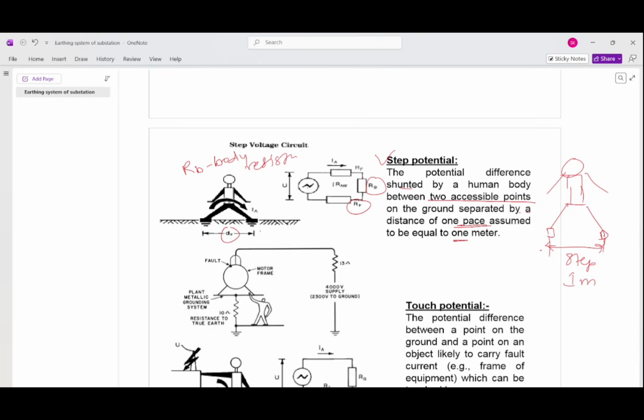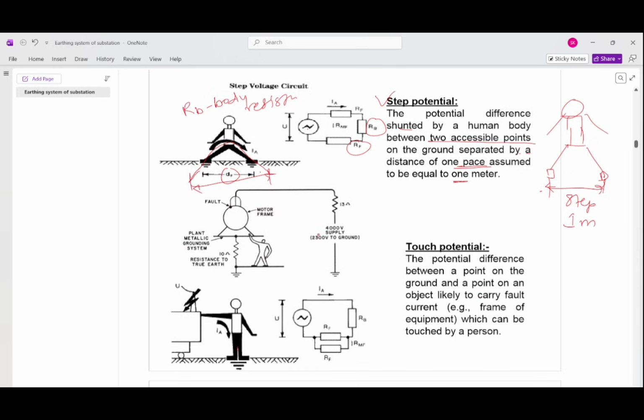So this is the path, and the difference is like this. The current will flow like this, and what potential difference will be across the 2 feet, which will create a potential difference across 2 feet, and that will be dangerous to the human safety working in the substation. Second is touch potential, the potential difference between the point on the ground and the point